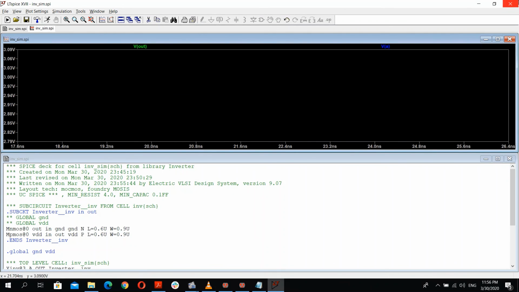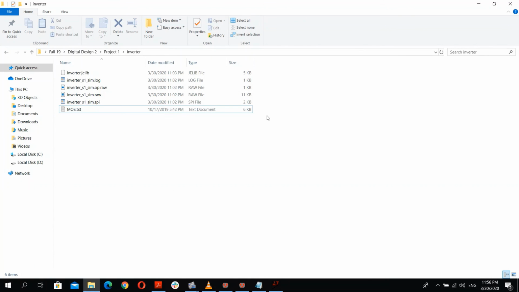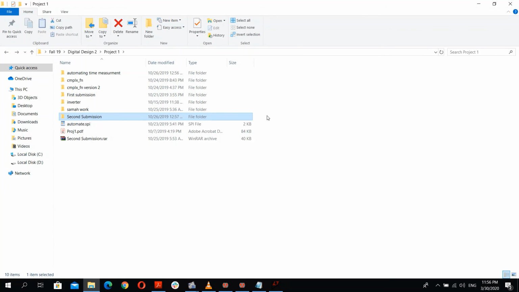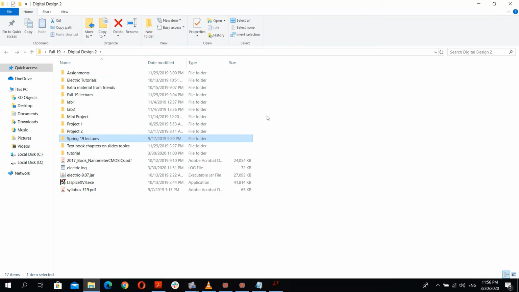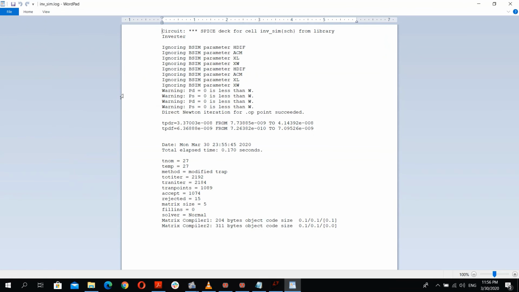Now we go and see, after running the simulation, beside the project files here, you will find a new file named invertersim.log is produced. And in this one you'd find the time propagation delay of rise recorded from the starting point to the ending point, and the time propagation delay of fall also recorded. You could use these together